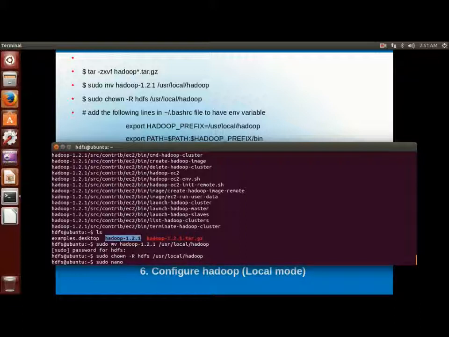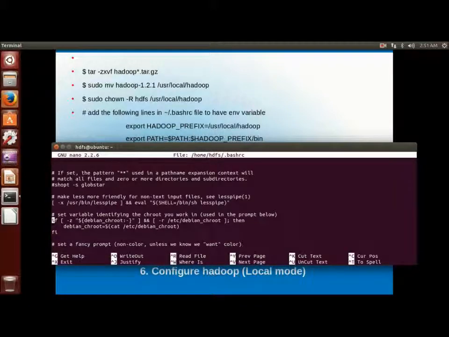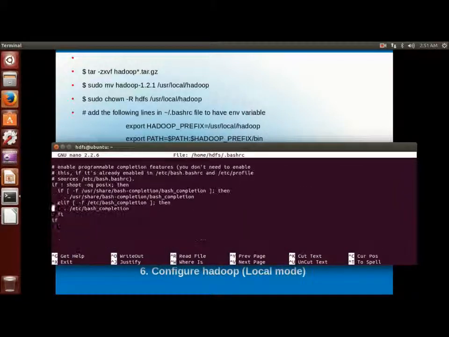Now edit the bashrc file, which is required for settings or the path variables for the software. Hadoop has been installed under /usr/local/hadoop, and we need to update that path to the system path. Whenever we log into the HDFS user and open a terminal, our Hadoop bin commands will be available from anywhere in the VM. So no need to go to the Hadoop bin.